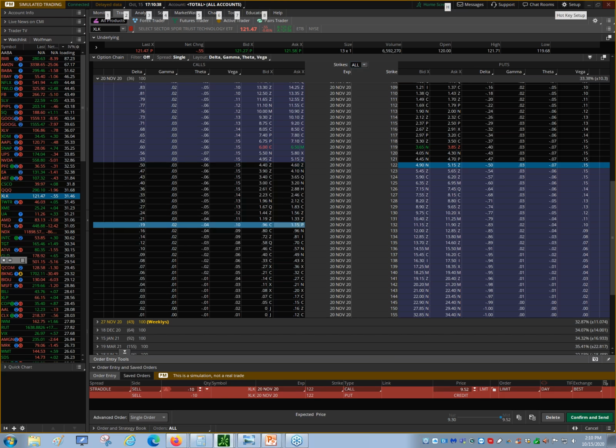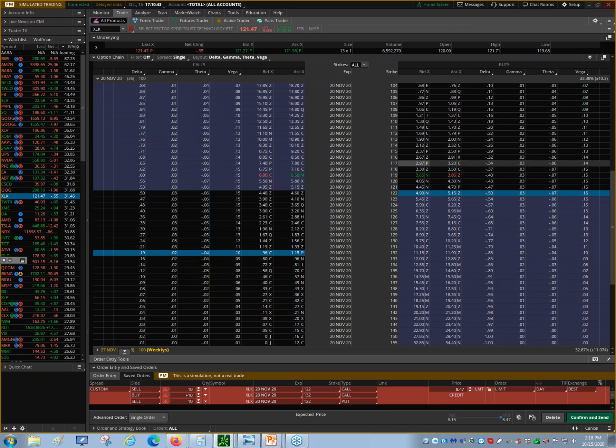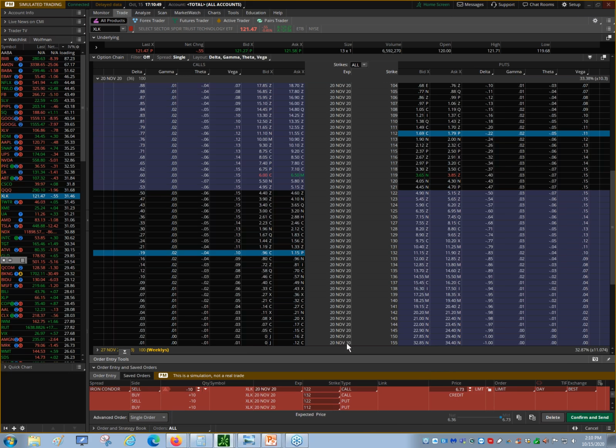This is probably why I went a little bit wider on the other ones. And it's kind of a ballpark. You can see that's only a 19 delta. $10 lower is 12. Okay. So that fits that rule a little bit better. So we could do that one. $6.73. I only went.